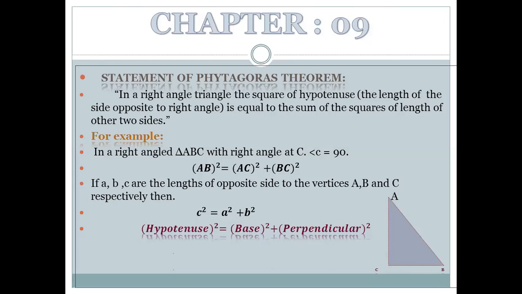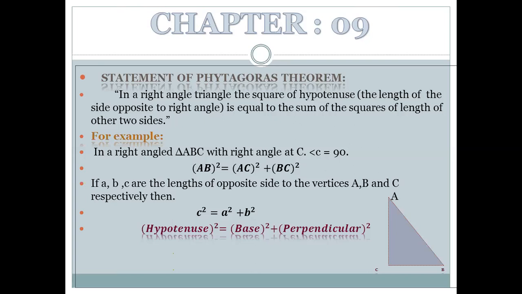And you see in the diagram A, B and C, angle C is a right angle because on point C there is an angle of 90 degree. So the side AC is perpendicular because there is an angle of 90 degree. BC is the base because on BC we construct the angle of 90 degree. That's why this is called base. And AB, you see, what is the shape of this? This is the shape of slide. So that's why this is called hypotenuse.